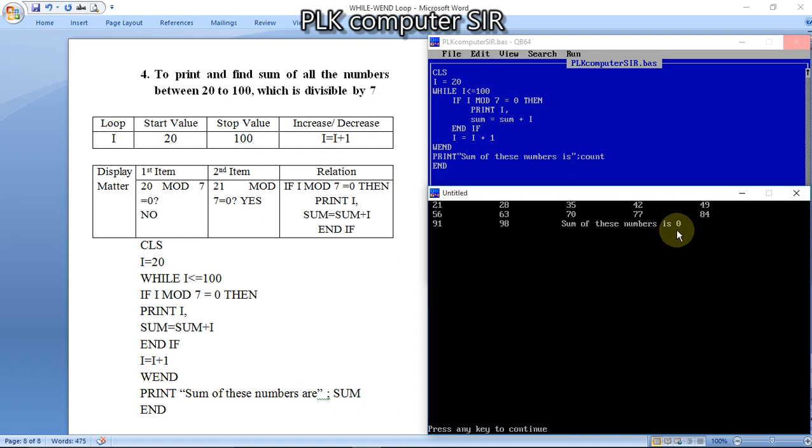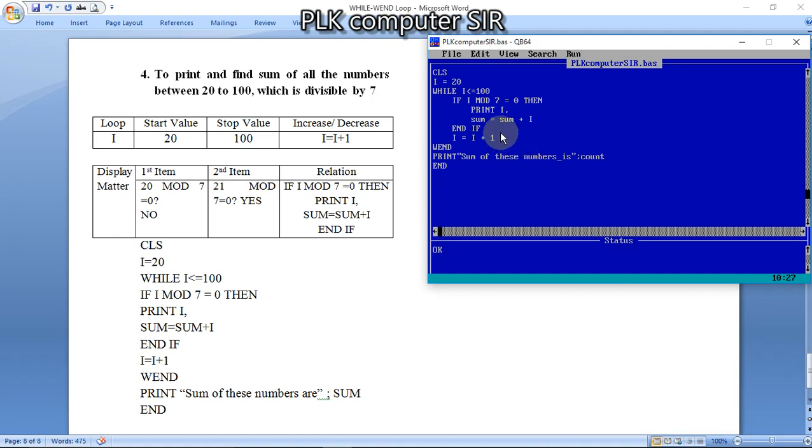But we are getting the sum 0. What is the problem here? If I mod 7 equal to 0, then we have to find the sum. At first 7, next time it will work.